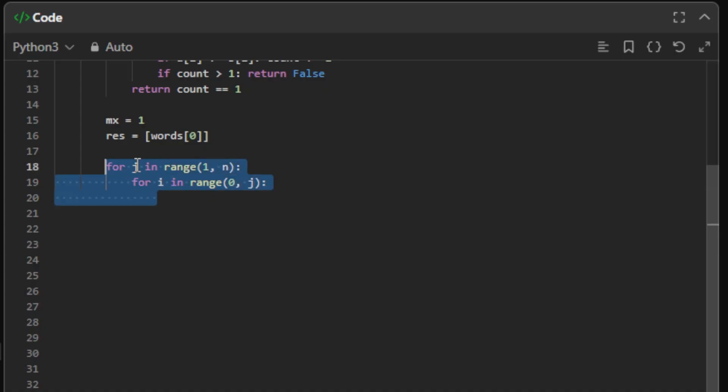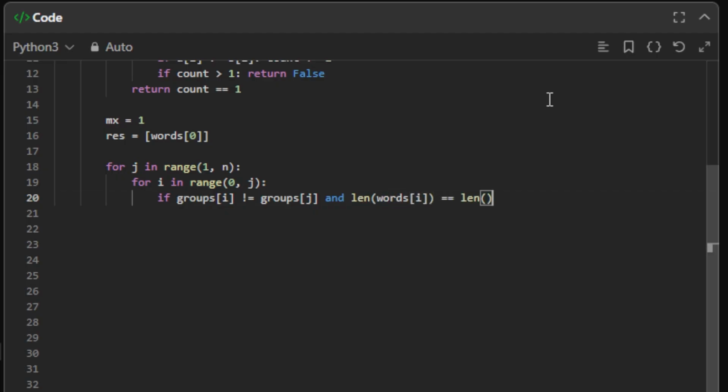Remember, we are iterating this whole thing from left to right, and i is to the left of j. Okay, and now we are checking if groups at i is different from groups at j, and the length of words at i equals the length of words at j, and hamming